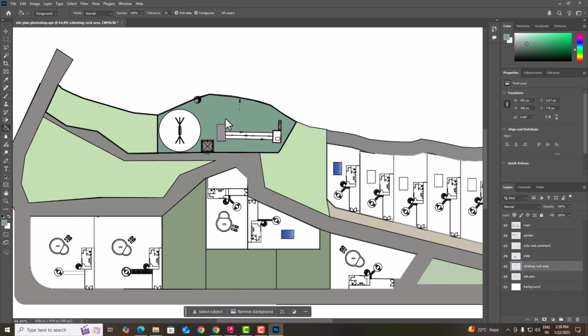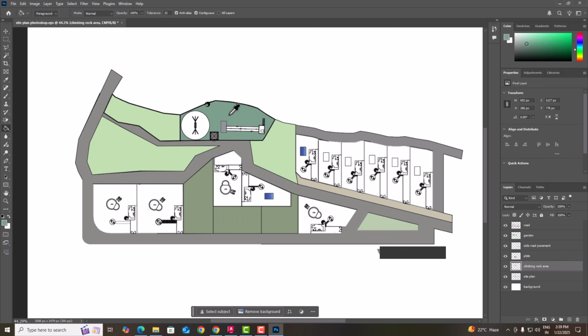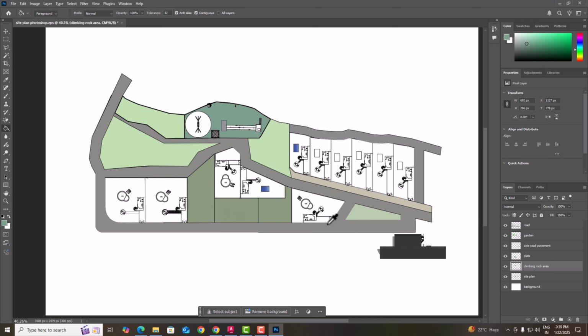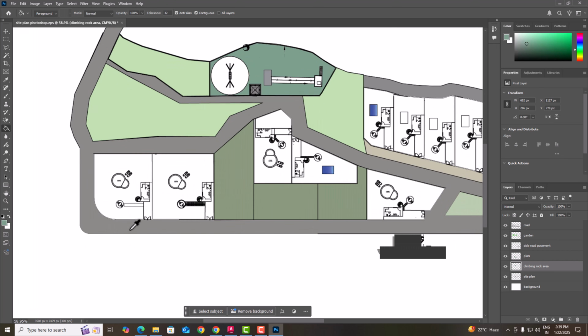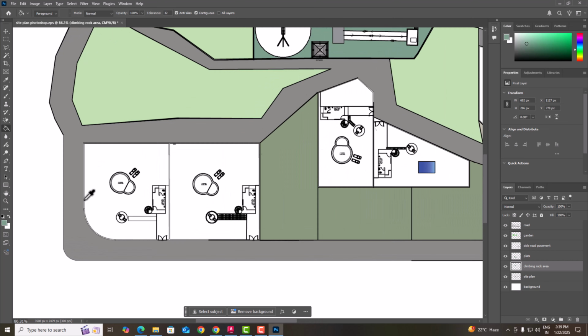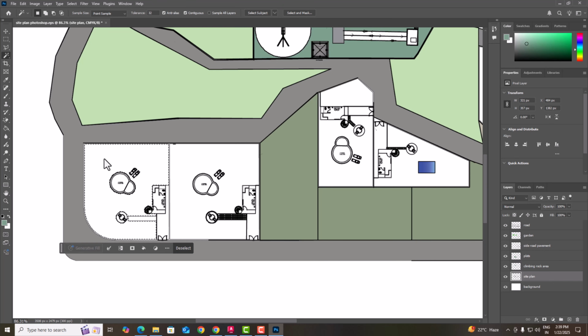So this is climbing rock area. So this is completed. Now the next thing is that you can start hatching this area. So I will select first site plan here, then magic wand tool, and you can select this area and this area here, and you can name this as a